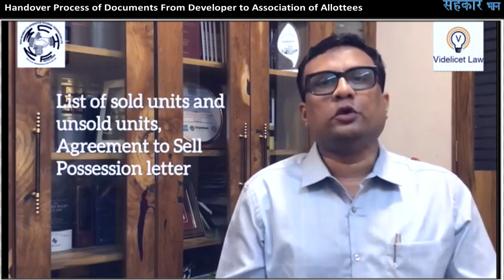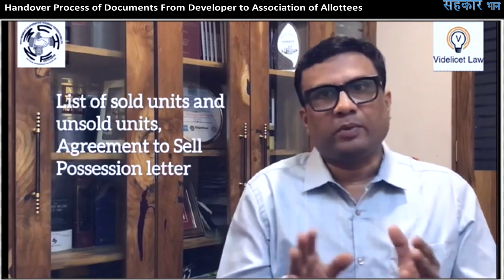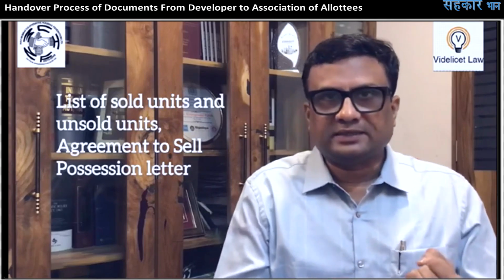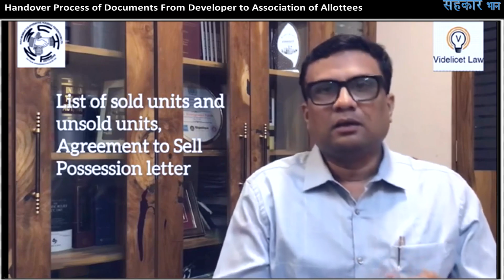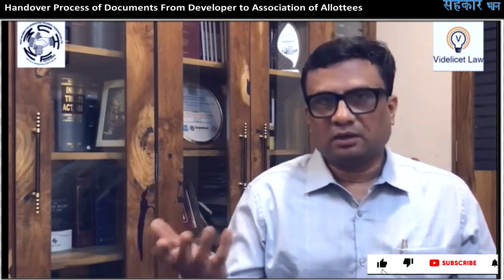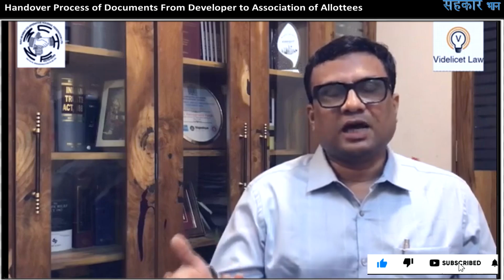Then the developer executes agreement for sale, sale deed with the flat purchasers. Therefore, a list of sold units and unsold units needed to be handed over. With this sold unit list, the agreement for sale, sale deed, possession letters, all needed to be handed over to the body. That's a legal body. Then the developer also sometimes executes some mortgage deeds for raising of funds, some charge or lien,